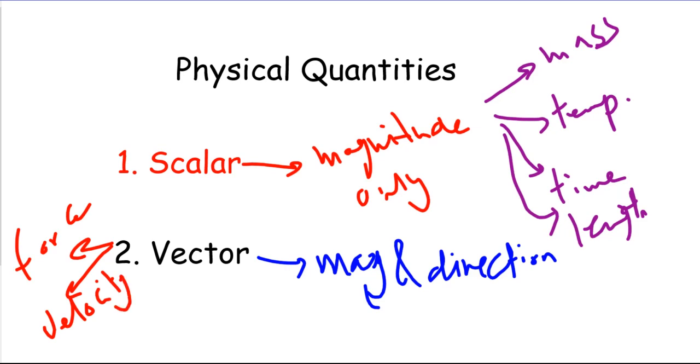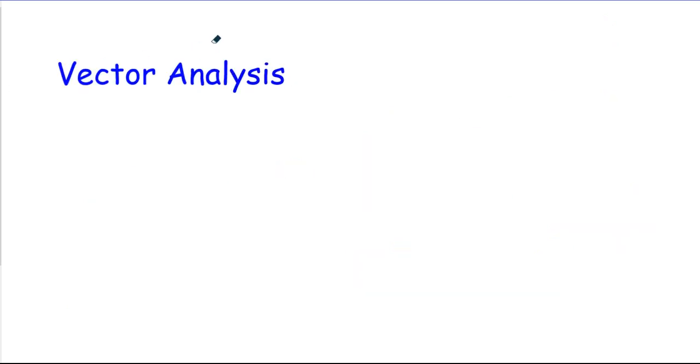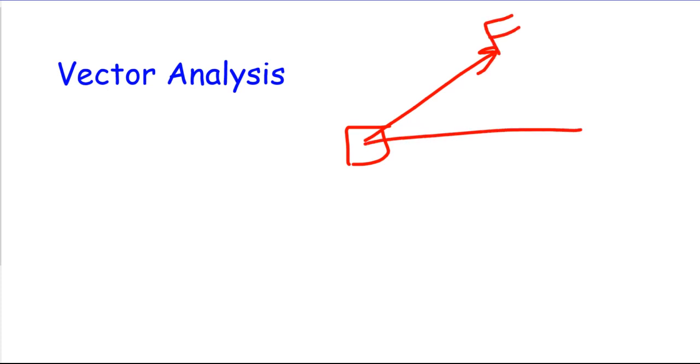If you are talking about velocity, its magnitude, say 50 km per hour, isn't enough to describe the velocity fully because we mentioned its magnitude and its measuring unit, but we didn't mention its direction. The other important concept we need to know is vector analysis, or resolving the vectors. If we have an object here and it is affected by a force in this direction, inclined by angle theta, this force can be resolved into two components,